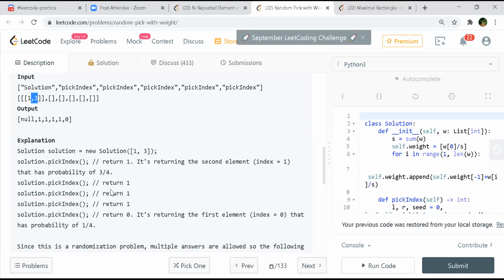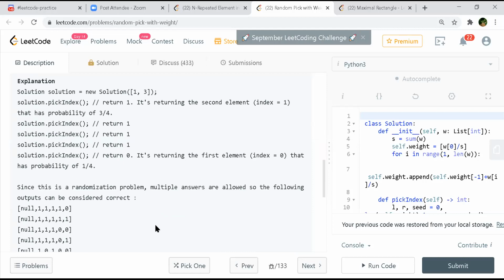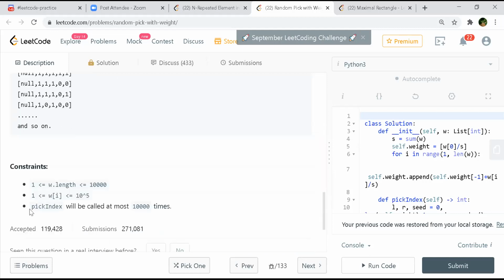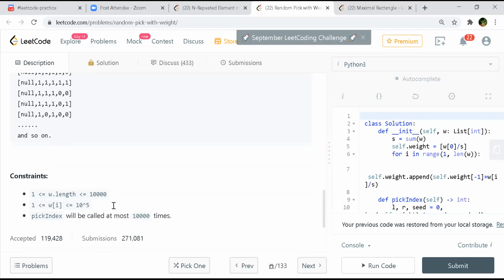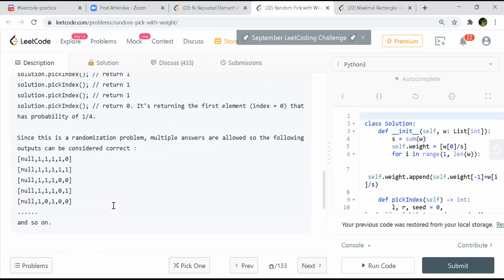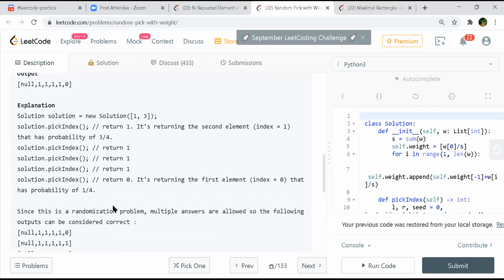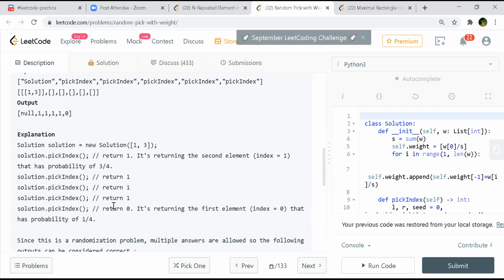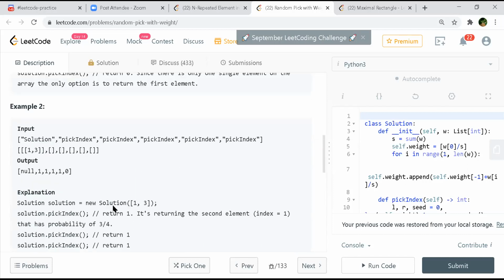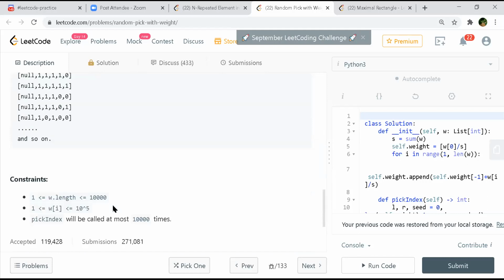Okay. Yeah. Sorry. Go ahead, Shashank. Yeah, so this is the second one. At most you can have 1,000 calls to pick index. That is the only thing. The constraint is 1,000 calls max, and your length will be 10 raised to 5, and the value will be 10 raised to 5, right? Yeah. So that's a big number. So if we do division and all that, division, yeah.